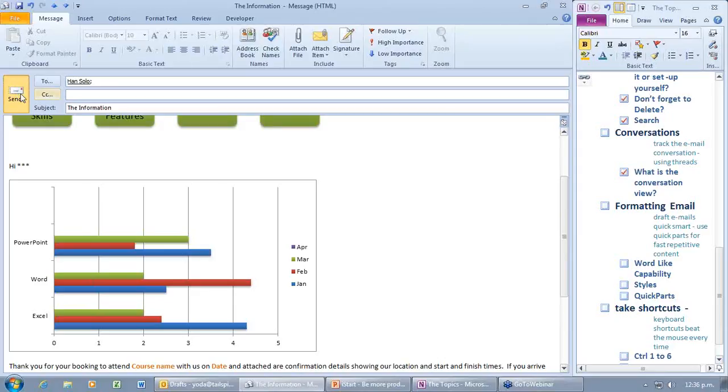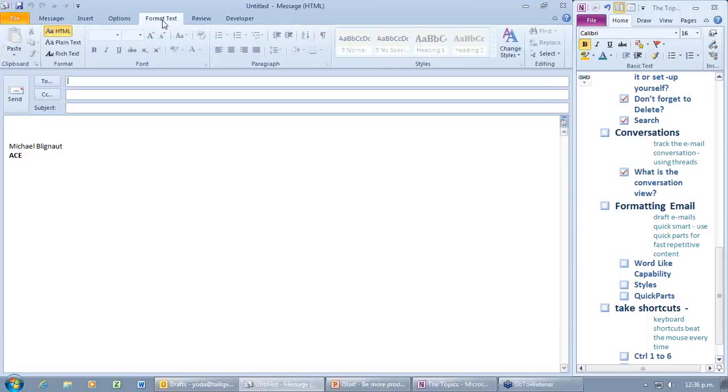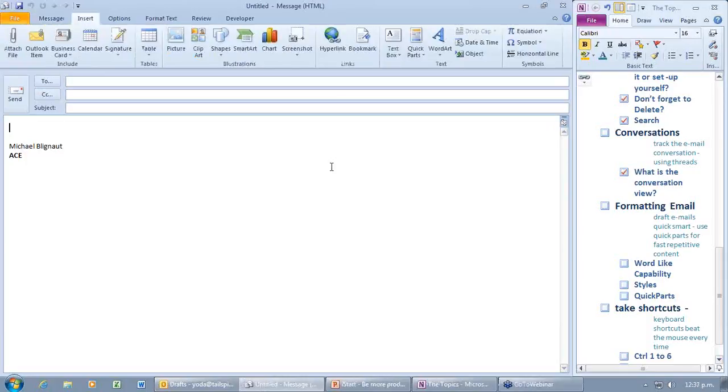There we go. So quick parts, and when you create new emails, being able to use your actual styles when you're formatting text, being able to insert just about anything. Actually pretend you're in Word when you create your new emails, and it's exactly like that. All right. So we have actually looked at that, we've looked at that, we've looked at that. All right, now,